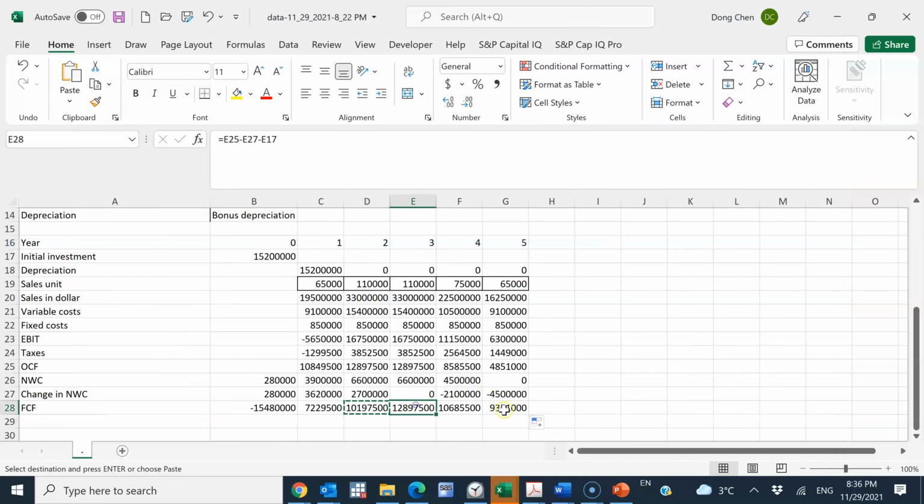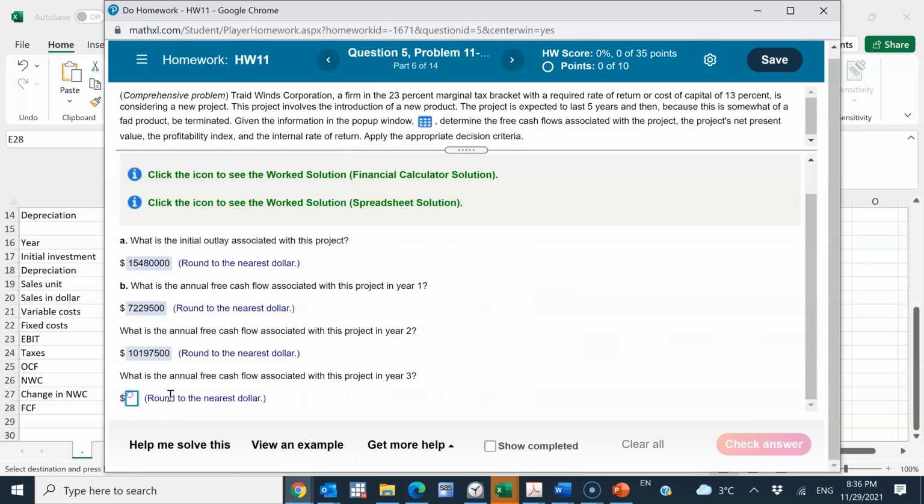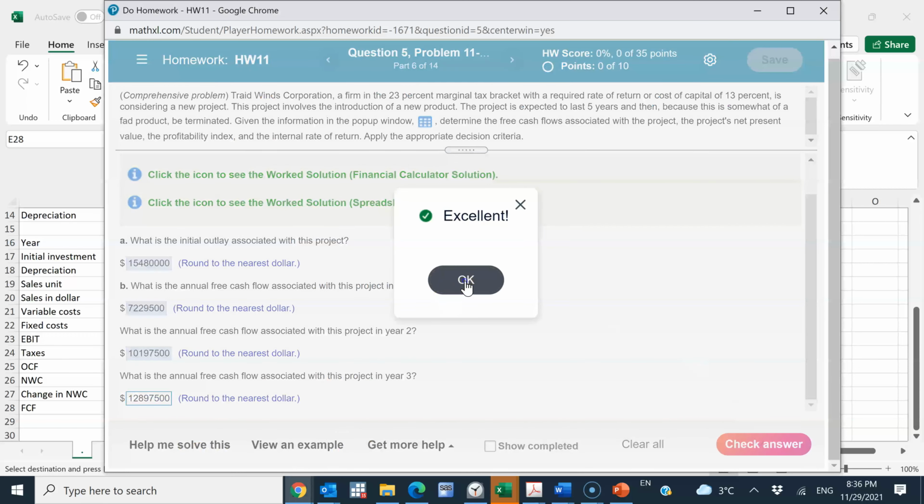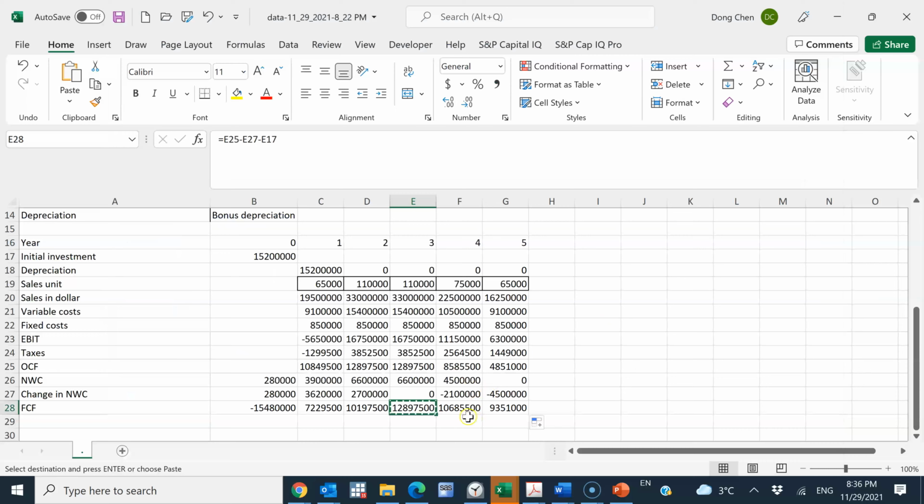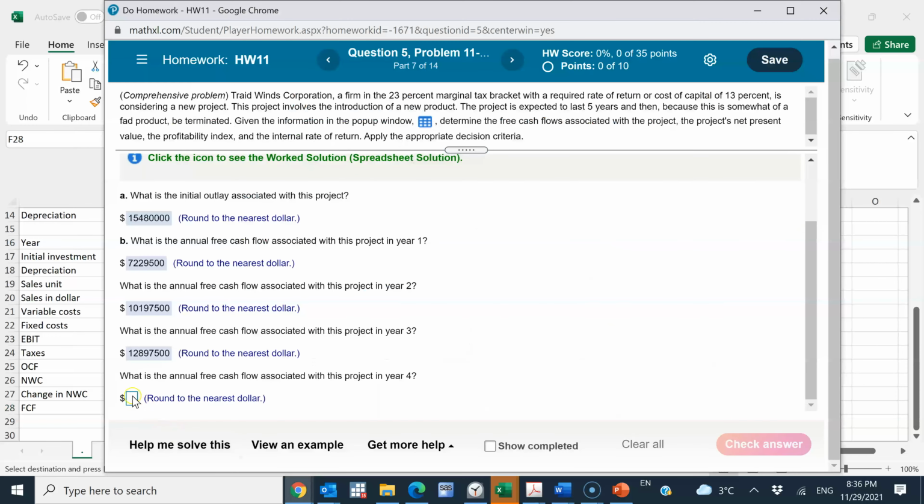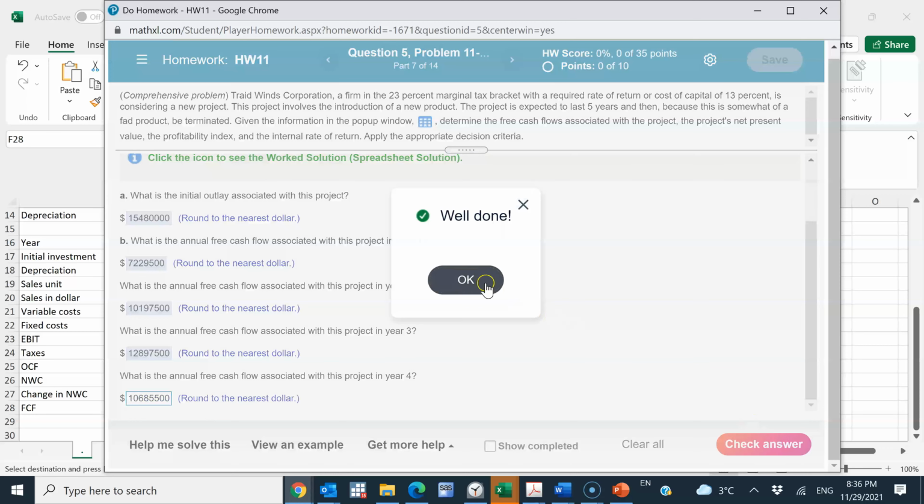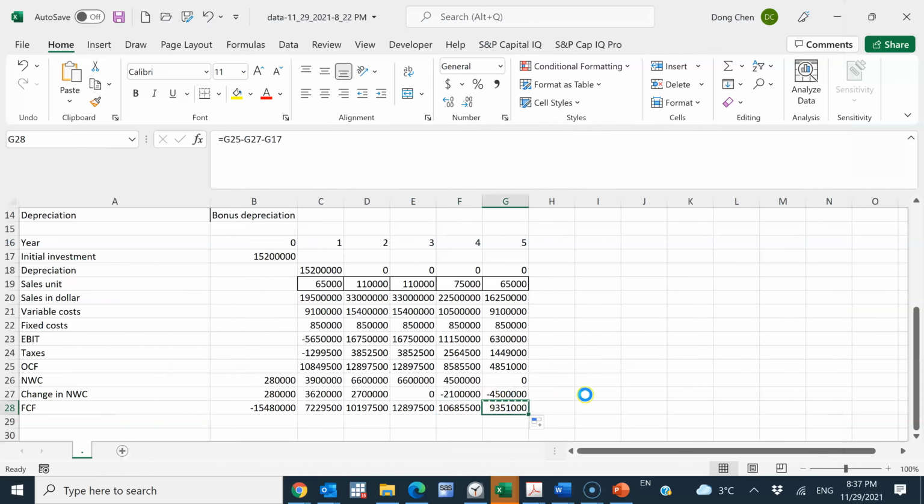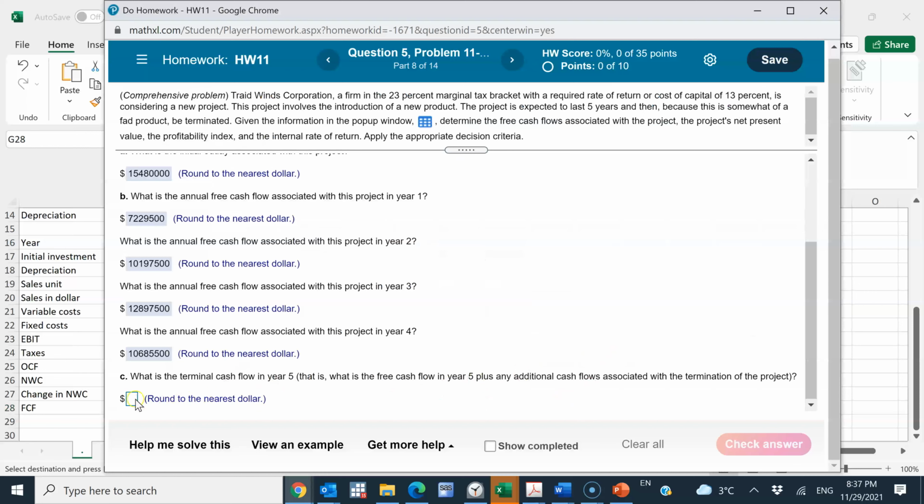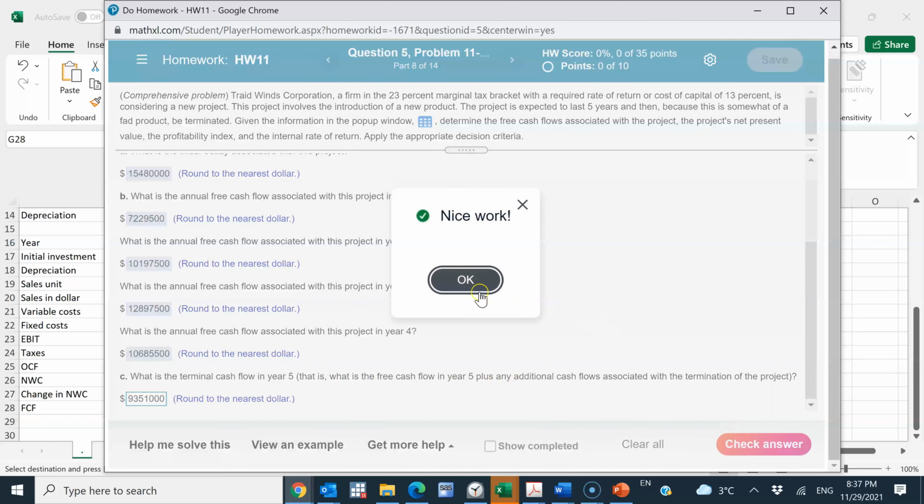And year 3, and year 4, and finally year 5, terminal cash flow. In general, the project might also have the salvage value or after-tax salvage value, but in this case, it doesn't mention anything about that, so we don't have to consider that complication. And this is my final answer for the